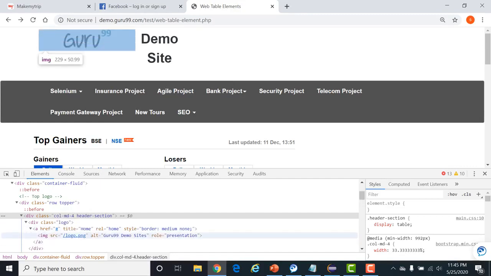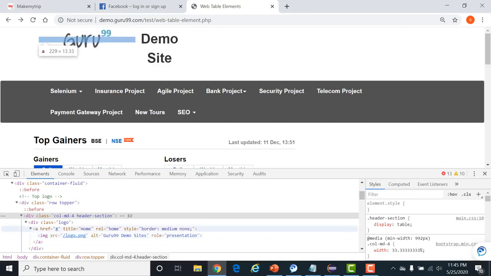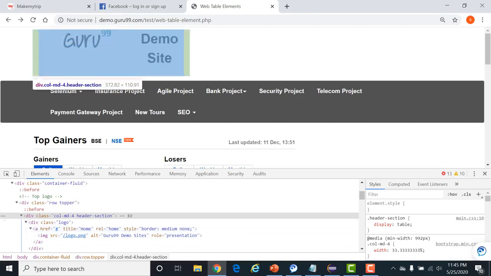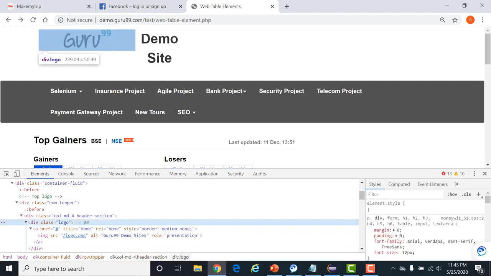What is this? This is the image tag, right? This image tag is the child node of this A tag, and this A tag is the child node of this div node, fine? Means this is the grandparent, this is the parent and this is the child. In such a way this hierarchy works.